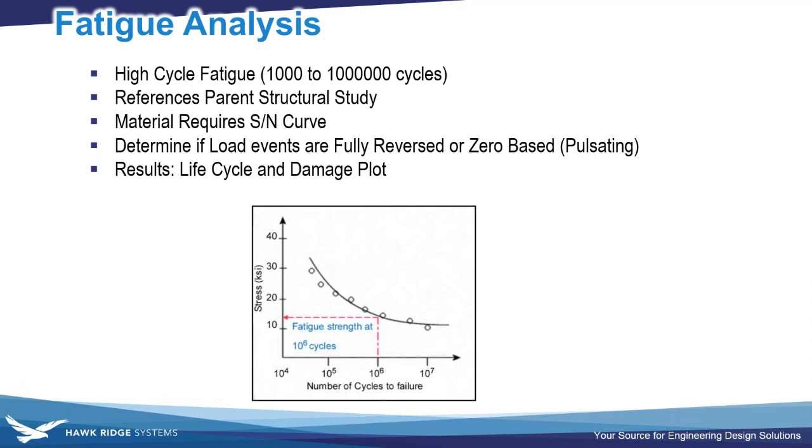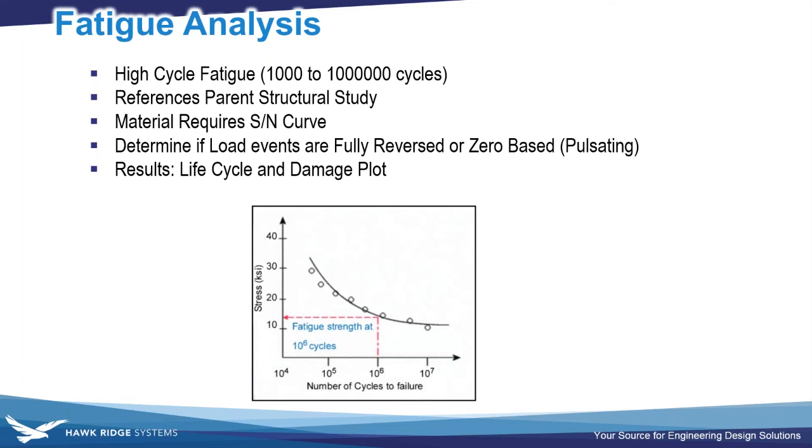And fatigue analysis allows us to check for high cycle fatigue, which means that the uses running through your actual system range from 1,000 to 1,000,000 cycles. So anything lower than that is more considered low cycle fatigue, which we can't really accurately account for within our software. Right? And then what a fatigue study does is it references the parent study of the structural analysis, so the static analysis,